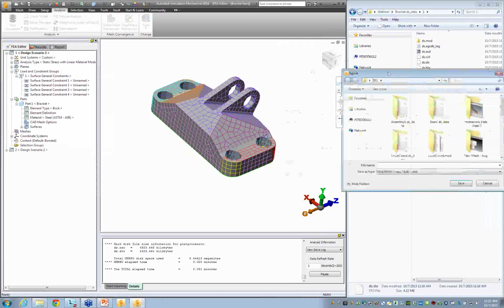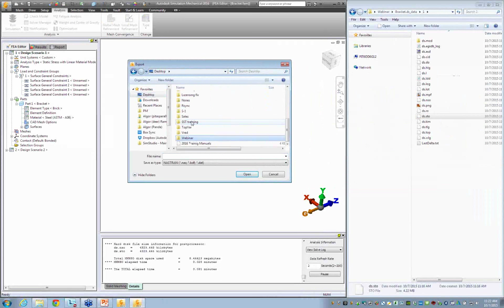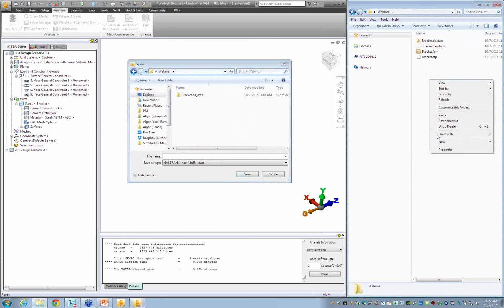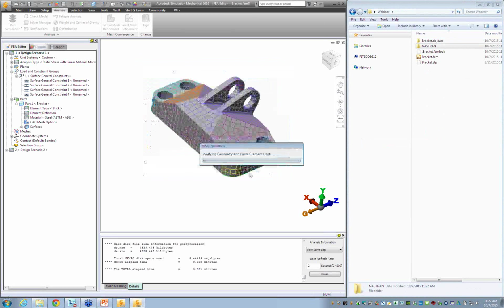It popped up on my other screen, so let's go ahead and select the desktop and call it the webinar. So I will put it in my webinar folder. I'll give it a new folder name. So I'll put everything in here. And let's just call it DS1. So this is my design scenario 1, creating DS1, hit save, and that creates in the Nastran folder